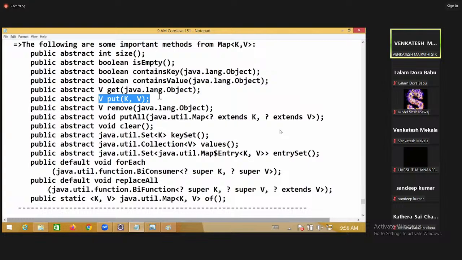Up to now we had a method known as add. Have you observed this? Adding an element to a set, adding an element to a queue, adding an element to a list. Now the method is put. Here the method name is put. Do you remember StringBuffer? Append. The entire question is there: what is the difference between